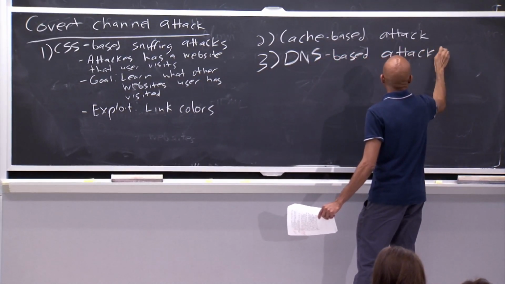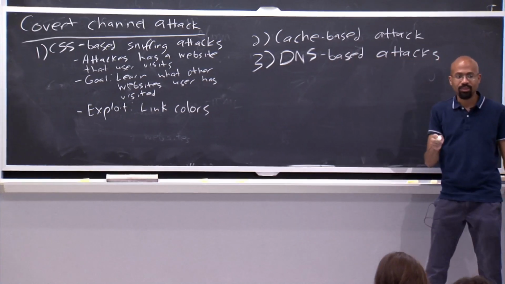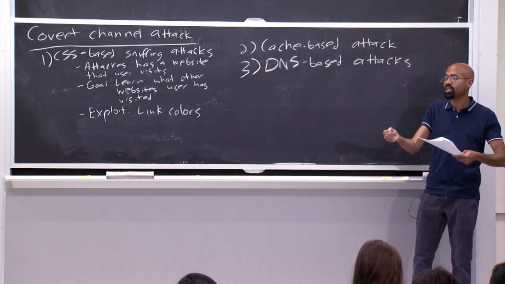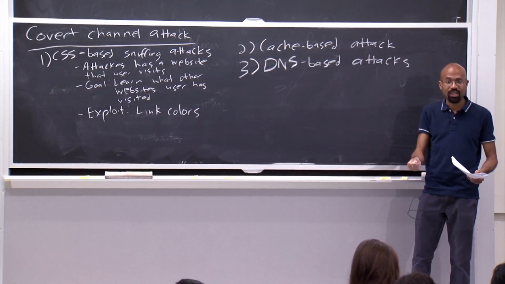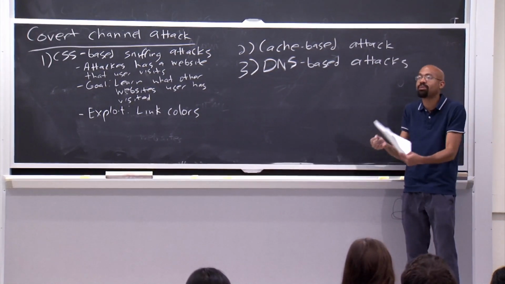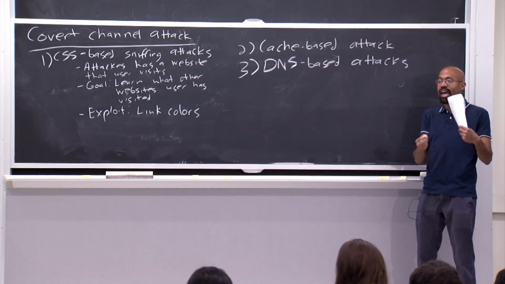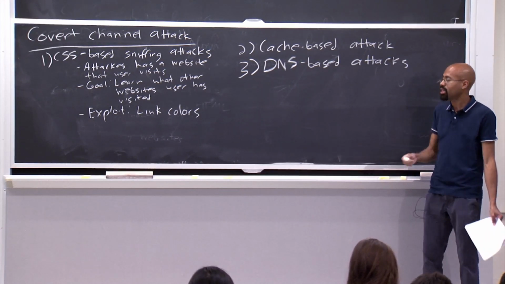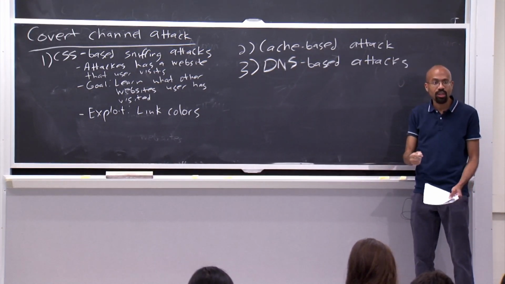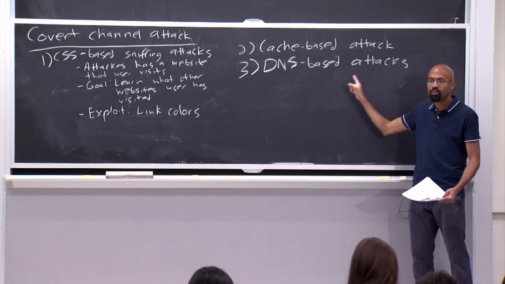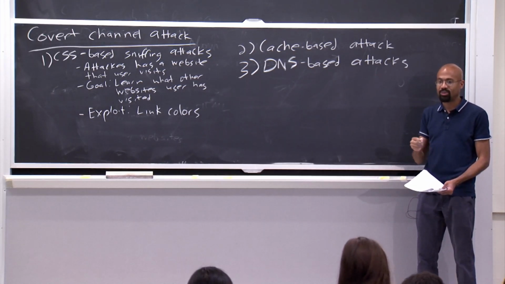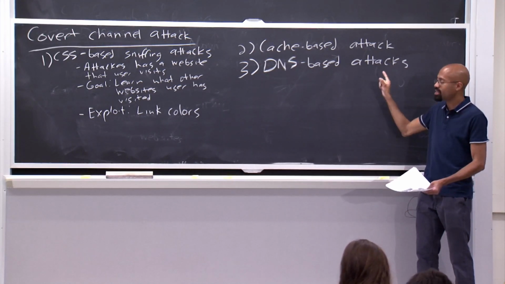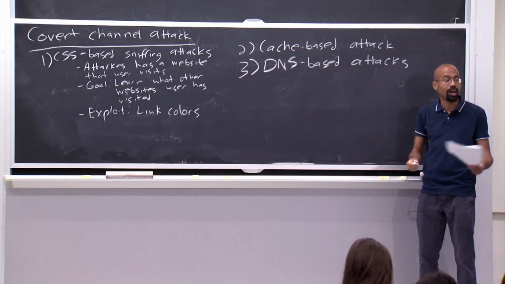So the intuition is that even if you don't cache anything, right, when you access a resource for the first time, you have to generate a DNS request for the hosting that's associated with that resource, right? So once again, the attacker can look in time and see how long it takes to access these candidate objects the attacker thinks you may have accessed. If they come back quickly, then that's perhaps a good hint that you've resolved the DNS name for that host before, right? So this works even if you don't cache anything, because the DNS cache lives with the OS, not with the browser.